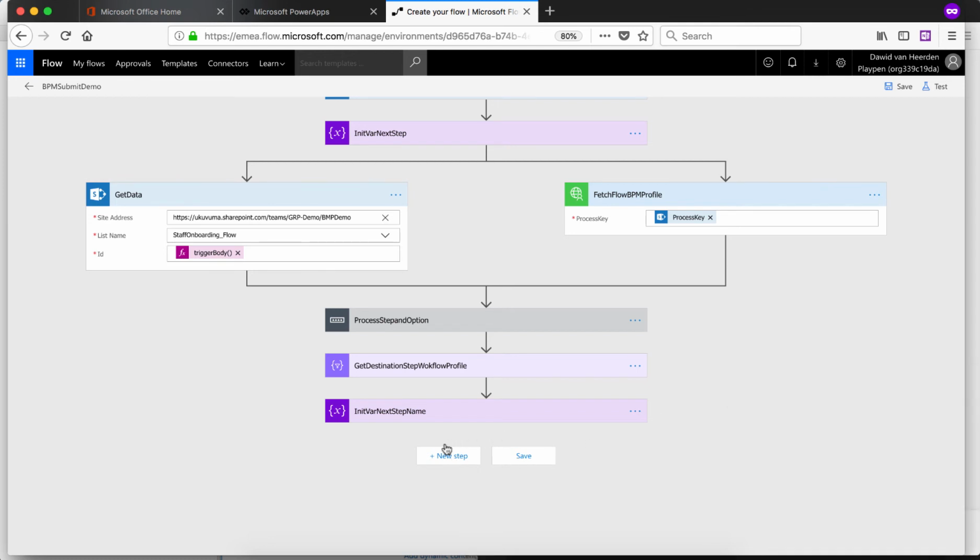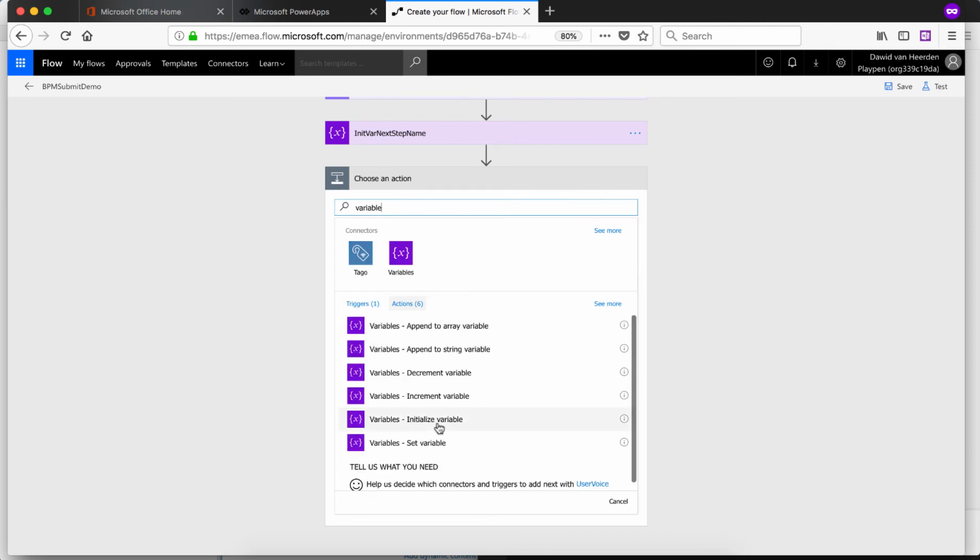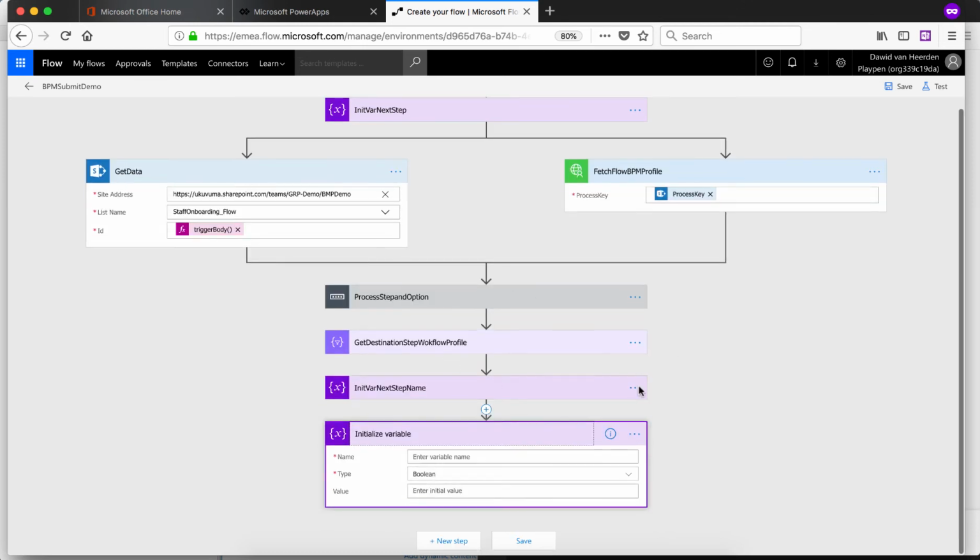And now we can continue to create more variables or initialize the rest of the variables that we need. So next, let's get the instructions from the next step. Initialize a variable. Let's just call that init var next step instructions and var next step instructions. So it's going to be a string,